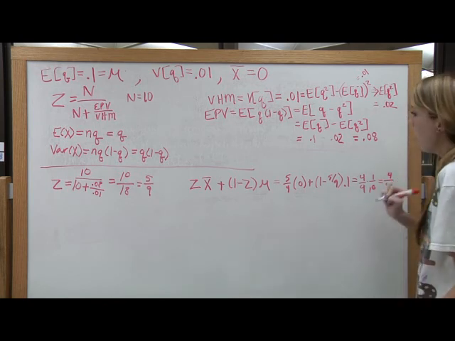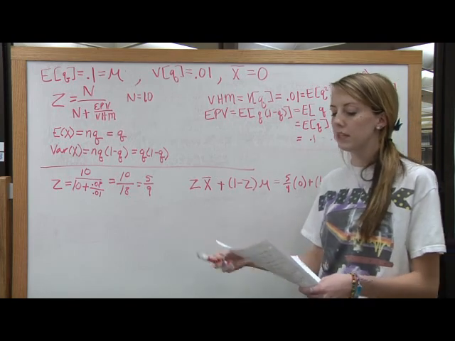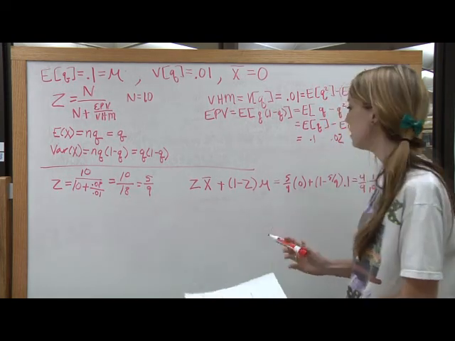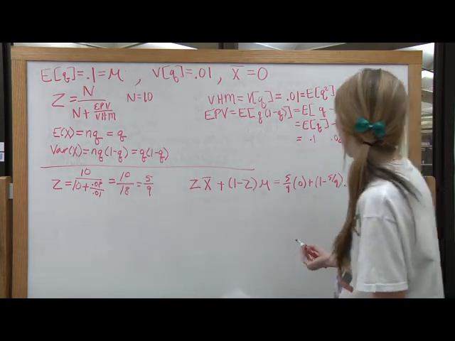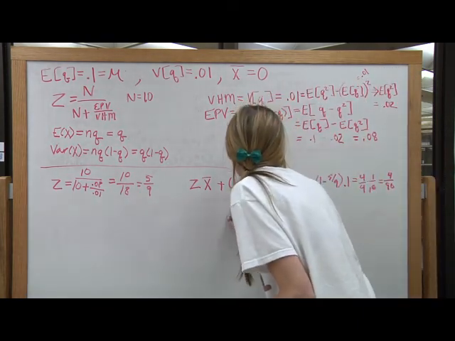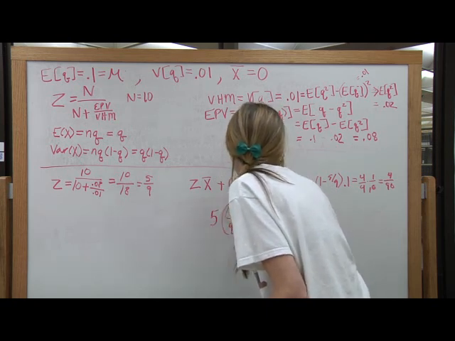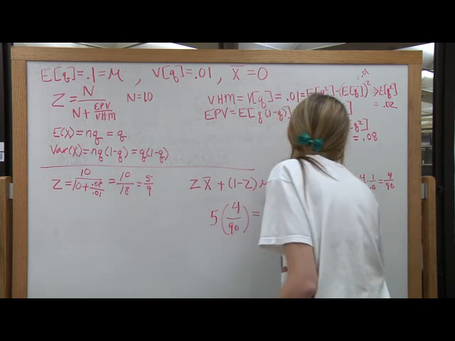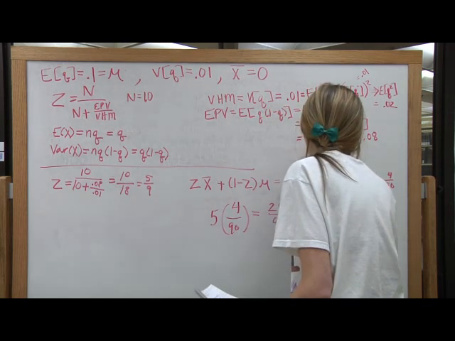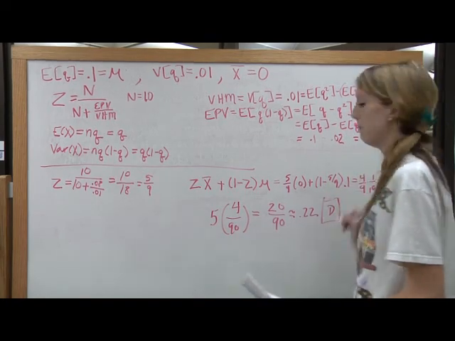4/90. And it's actually pretty simple to extrapolate this to the next 5 years. All you do is take the estimate for the next year and multiply it by 5. So we have 4/90, apologize for my handwriting, times 5 equals 20/90, which is about 0.22, which is choice D.